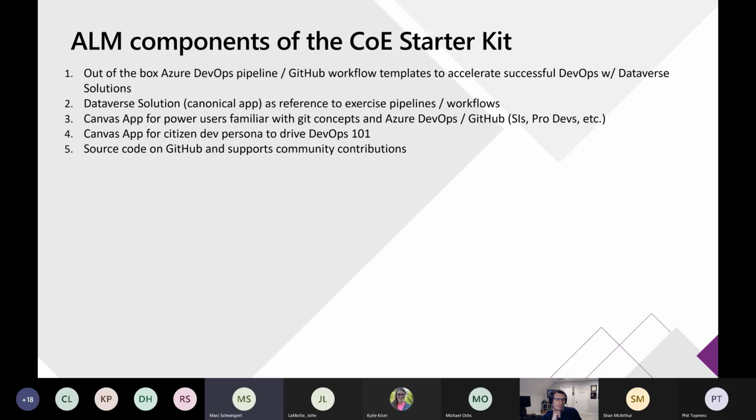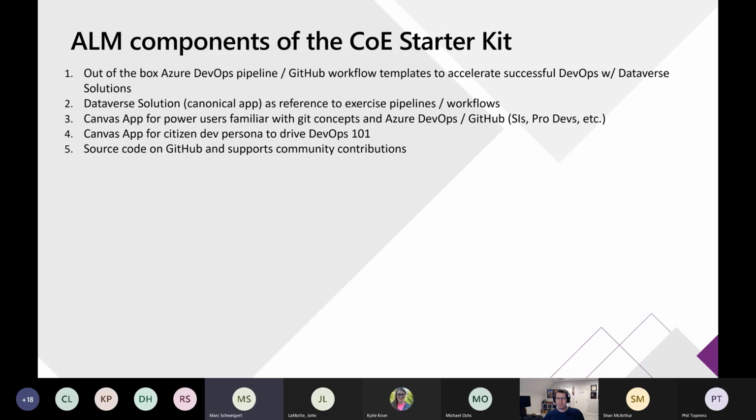As well as a Canvas app that is really geared, again, a reference implementation that is geared towards putting a simplicity layer over ALM that maybe is more appropriate for a citizen developer persona, if you will, or somebody new to low-code technology that doesn't want to have to learn Git and commit and pipeline and those kinds of concepts and terms. And for those people, that learning curve is significant and steep. And really what they want to do is they want to build an app that has multiple Power Platform components in it and be able to move it from dev, test to prod without having to get deep on solutions and a number of other things. And so Mike will talk a little bit about that.